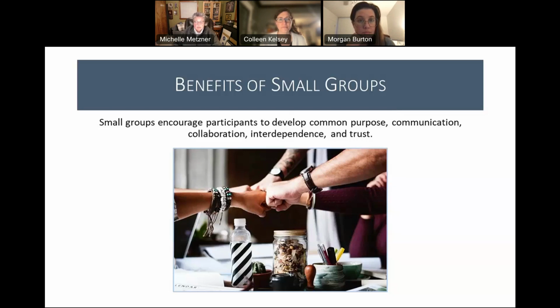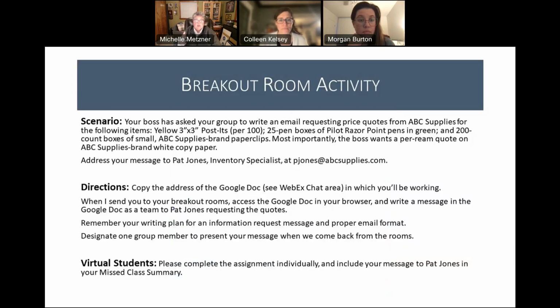All right, so let's go ahead and do our breakout room activity. Here is the scenario. Your boss has asked your group to write an email requesting price quotes from ABC Supplies for the following items: yellow 3x3 Post-it notes, per 100; 25 boxes of Pilot Razor Point pens in green; and 200 count boxes of small ABC Supplies brand paper clips. Most importantly, though, the boss wants a per ream quote on ABC Supplies brand white copy paper. So you'll address your message to Pat Jones, inventory specialist at